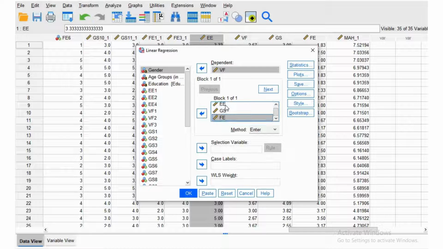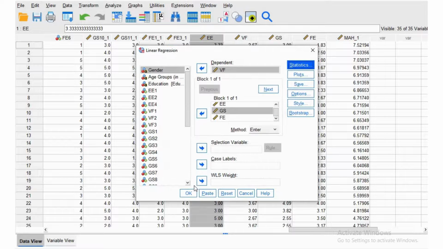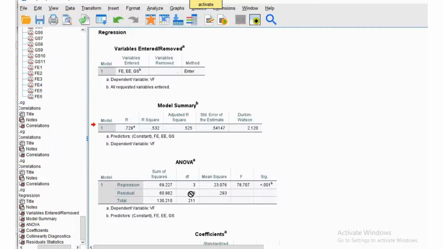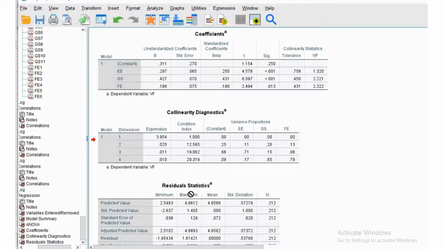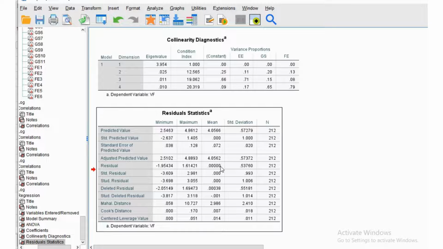So I will choose the variables according to my model. Collinearity diagnostics, Durbin Watson. Okay. So here is the table. Here is the result showing different tables,